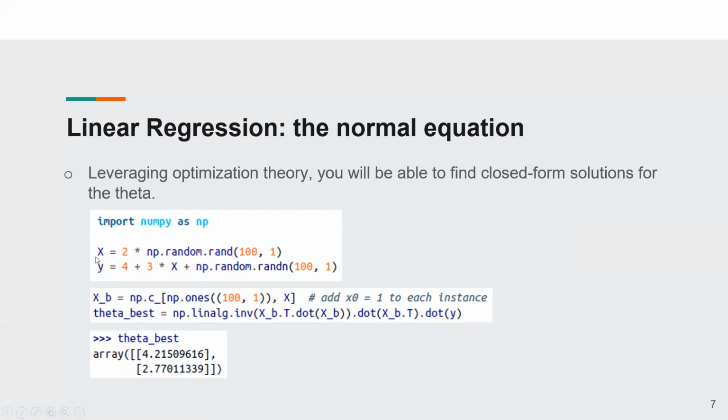First of all, you have a bunch of x and y's, randomly generated, and then you set x0 to be 1, so that you are able to construct your x, which is really for the purpose of intercept estimation. And then theta best comes back using this equation, which is